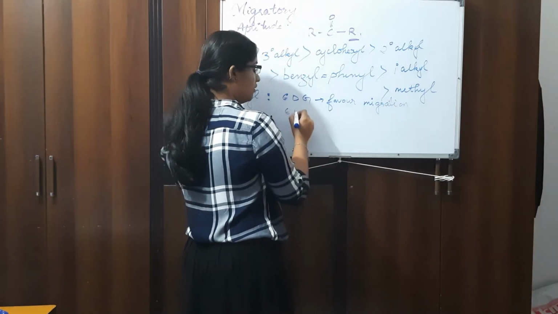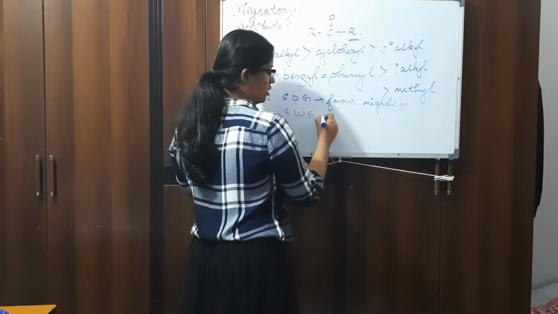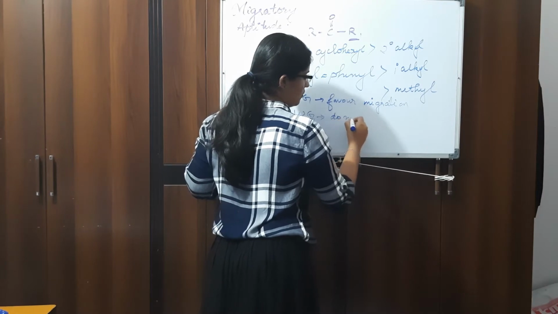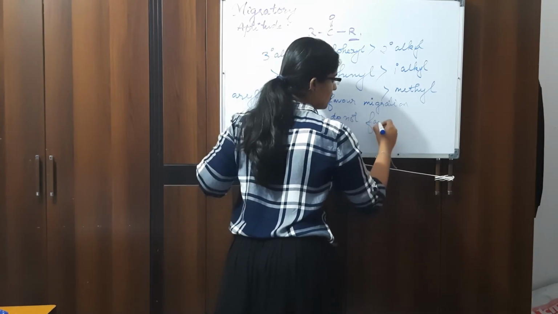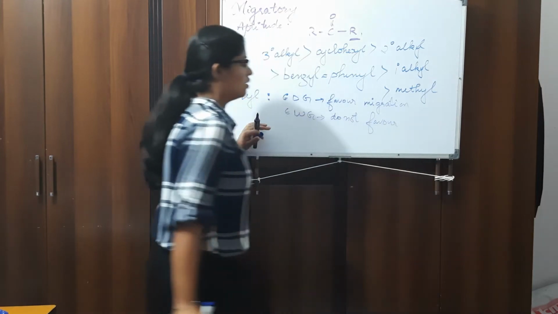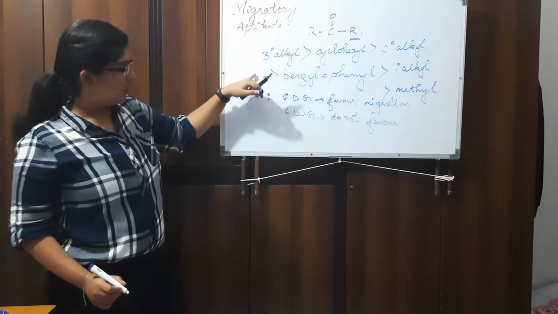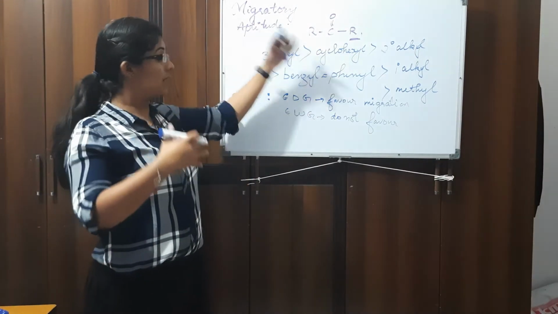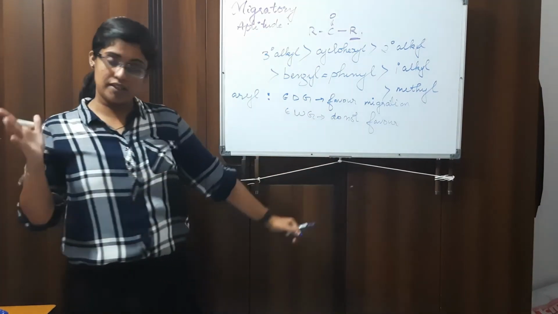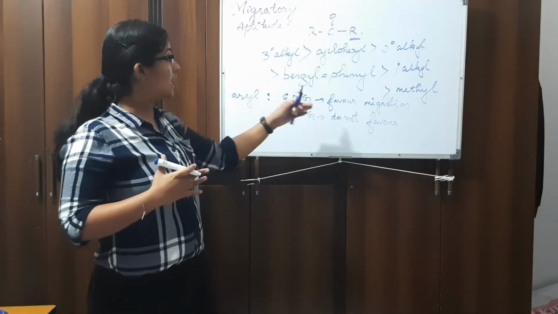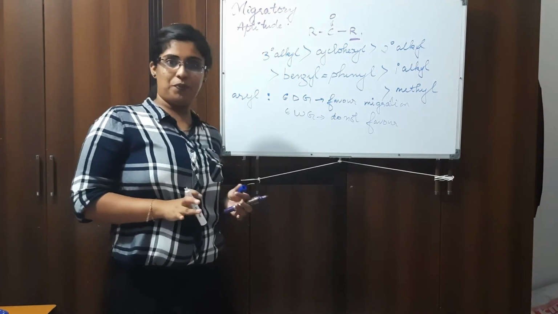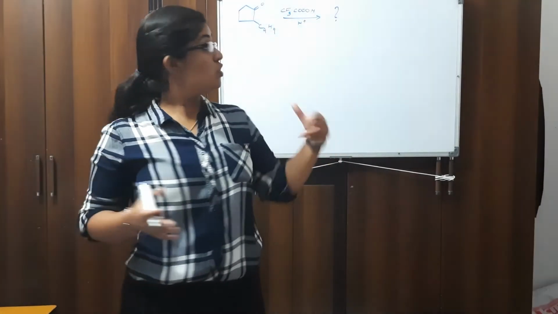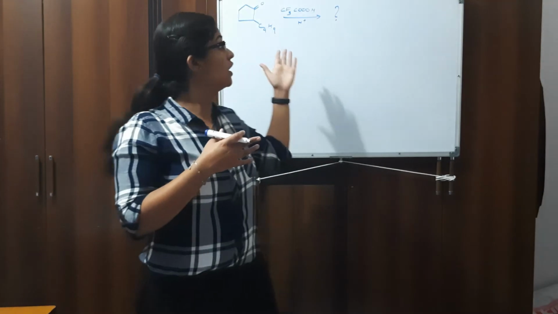Electron withdrawing groups, they do not favor migration. Okay, so this is a common order, and in case of aryl groups, it is the electron donating groups that cause the migration, and electron withdrawing groups being present means they would not cause the migration of that particular aryl group. Clear? So now let's try to apply this migratory concept to this question,